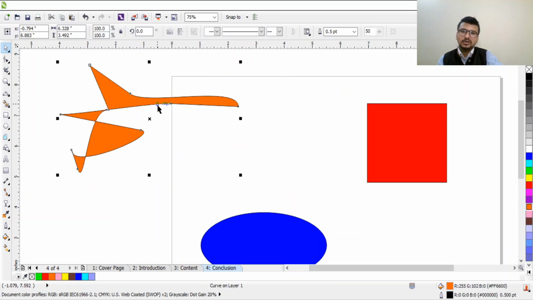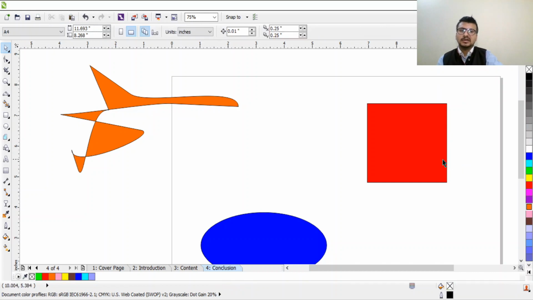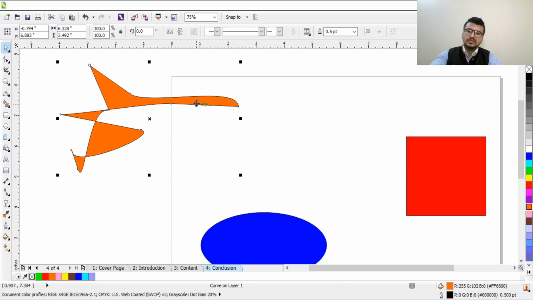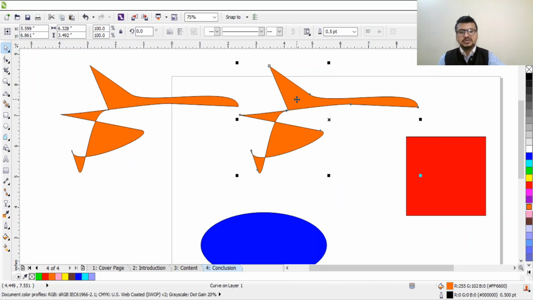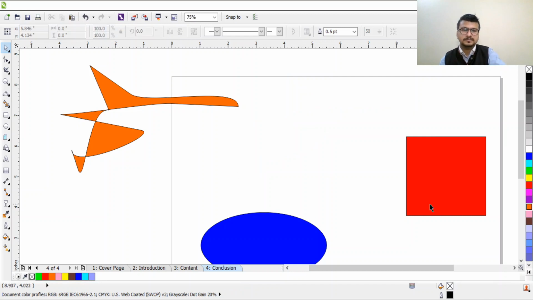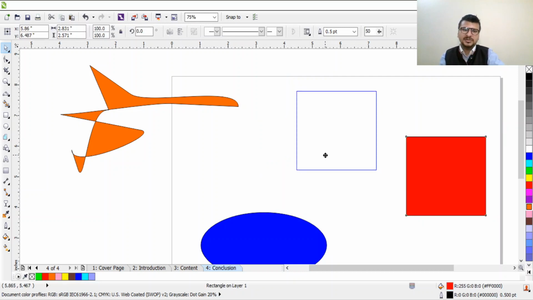So now if you want the same design again, maybe you won't be getting the exact same design again. So you can copy this, or you can click on this shape, right click over here, copy and paste, or you can do Control D. It will automatically give you the duplicate of this image. And if you want to delete this image, just right click on that shape and click on the delete button.